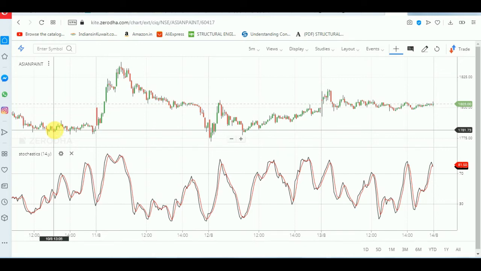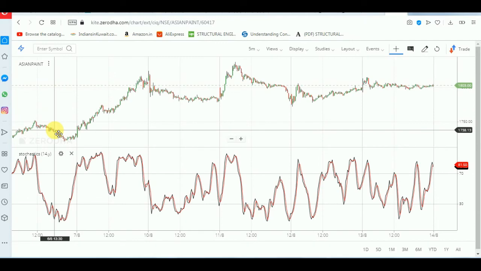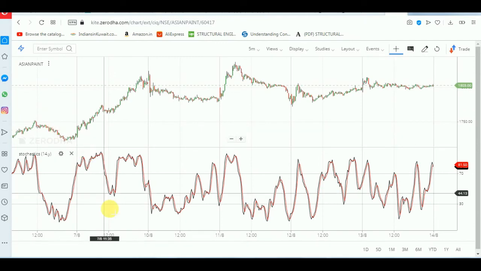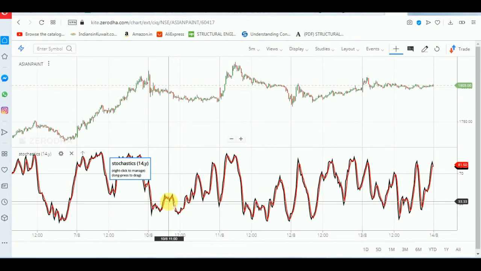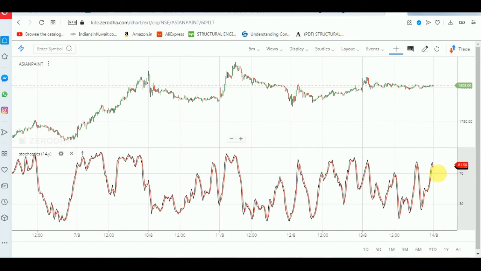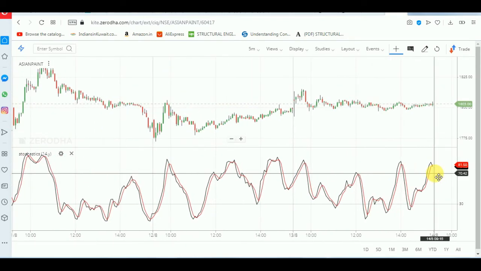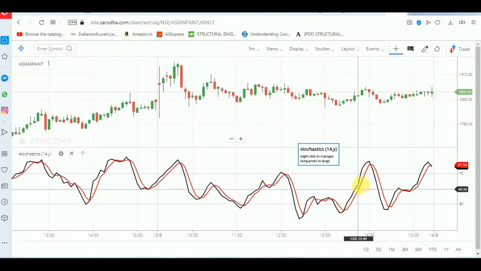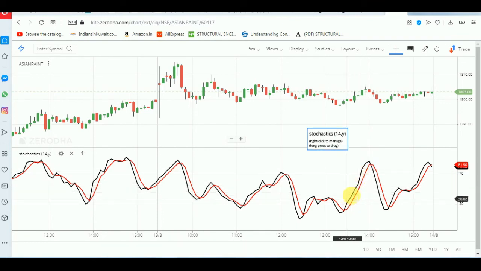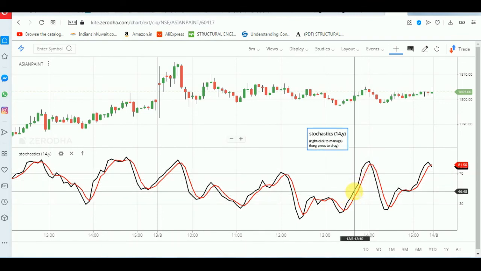And apart from that, this stochastic also will create so many false signals. Many times, as I said, based on the disturbance, we can find out the false signals, and even sometimes when it has a smooth movement, then also it will be a wrong indication. Here you can see, right? Here this red line or even the black line is not at all having a great disturbance, or it has not created so much noise.